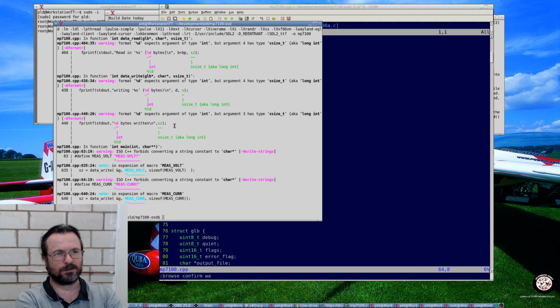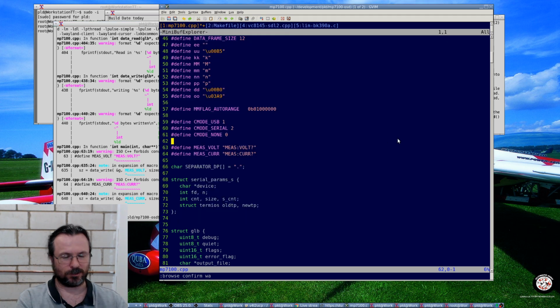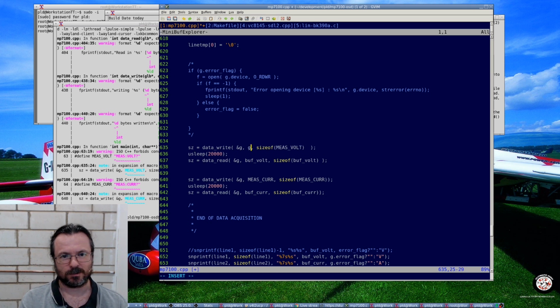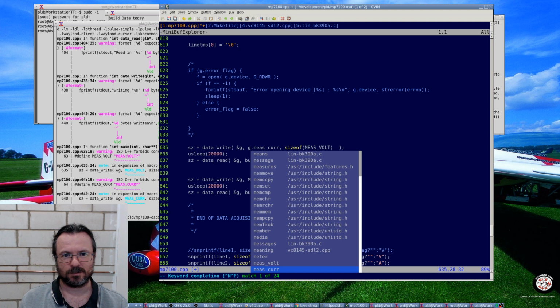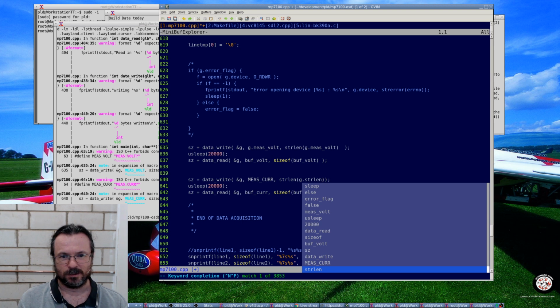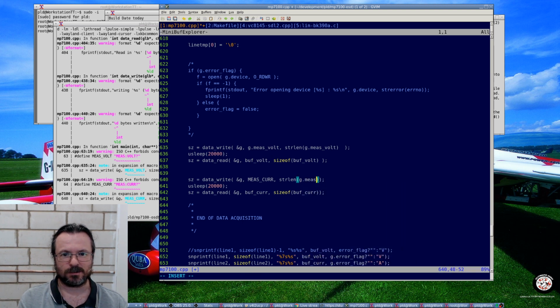Interesting, it doesn't let me do the size off of that. Wait, 635. No wonder, because I'm not finished doing my changes. And it can't be that, because that will give me the buffer size, not the string size. Which means I now waste some CPU every time that goes through. I can always predefine that elsewhere, but